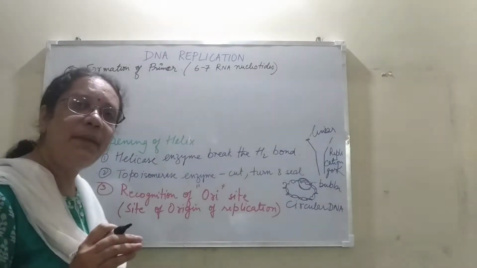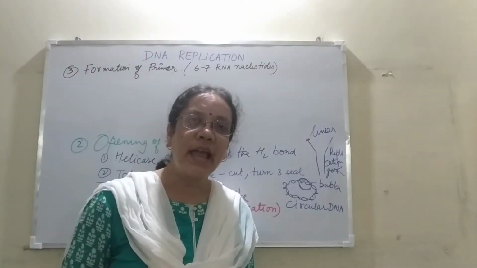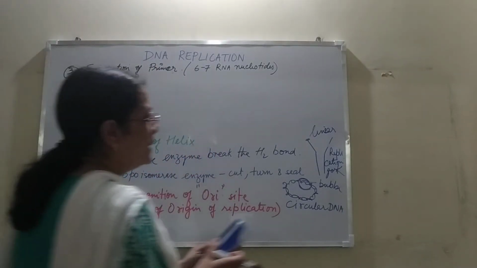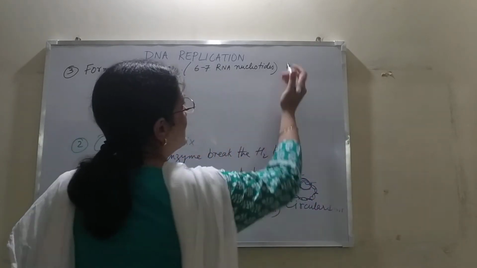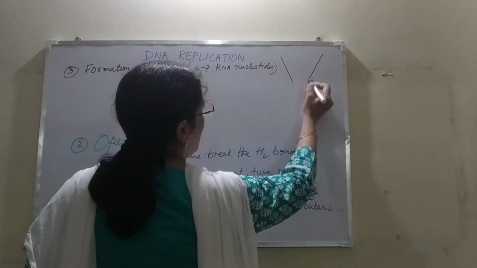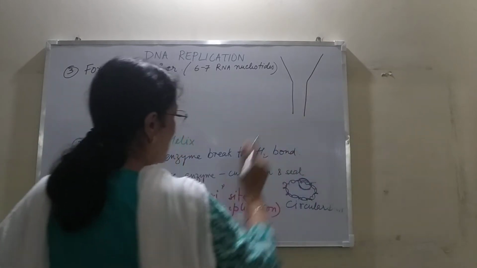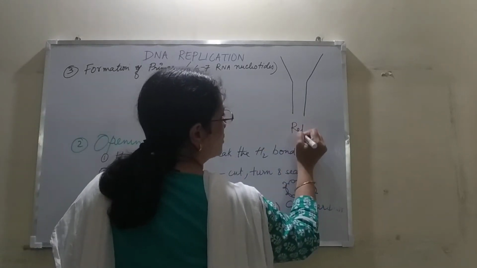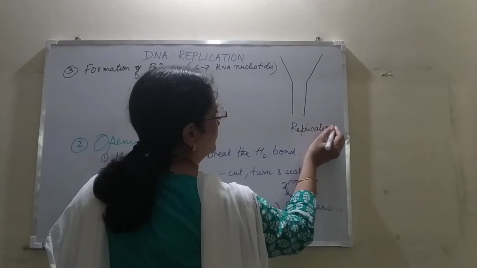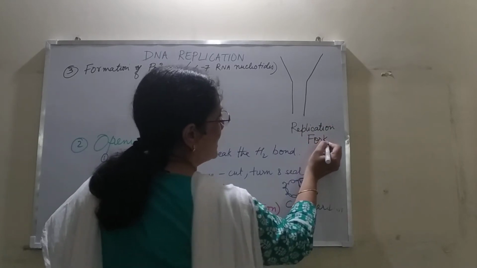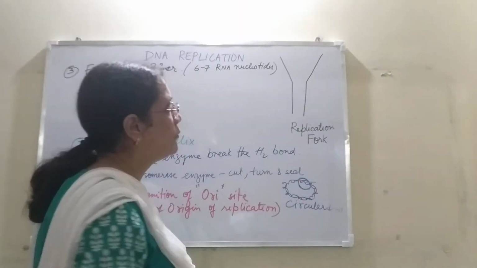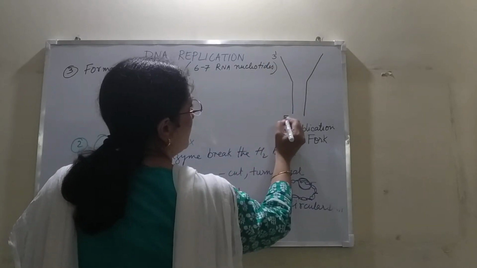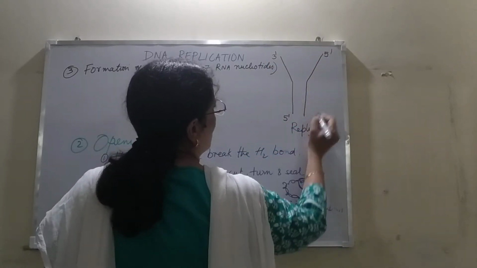Now, why are we making a copy of the DNA? Then why is RNA going to come and join? This is very important. We have to try to understand this. As I said, the DNA after the reaction of these enzymes has opened up and formed a replication fork, just like a Y-shaped replication fork. Now suppose this is the 3' and this is the 5'. So the opposite will have 5' and the 3'.